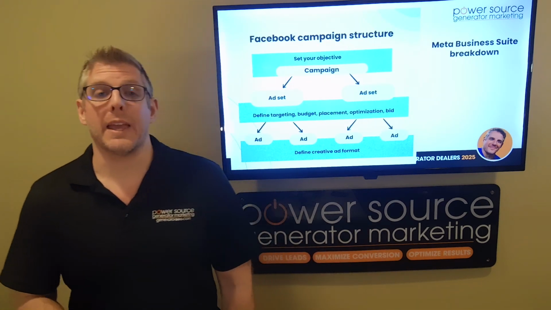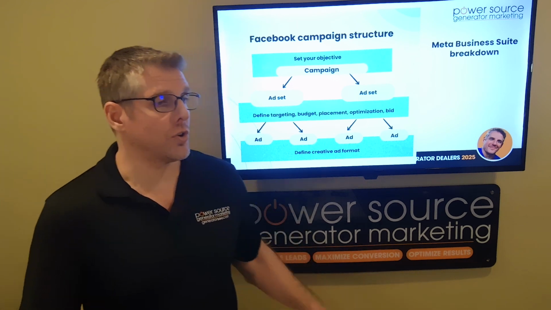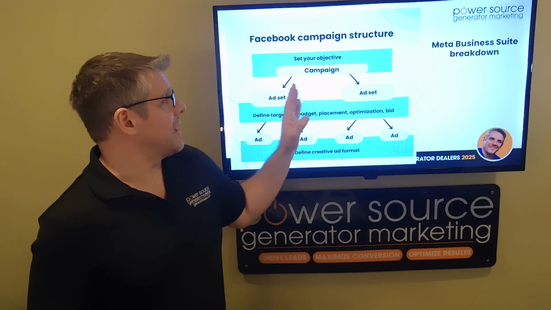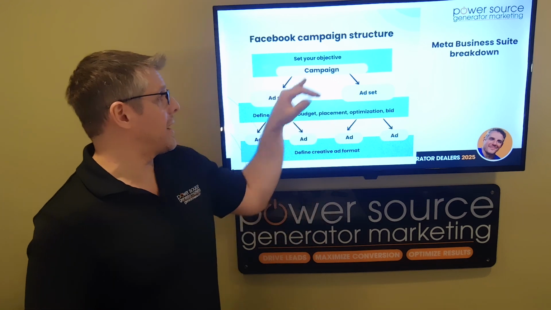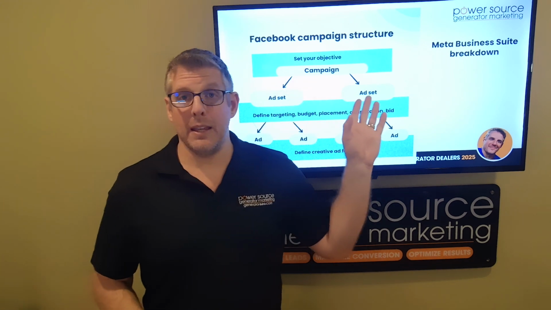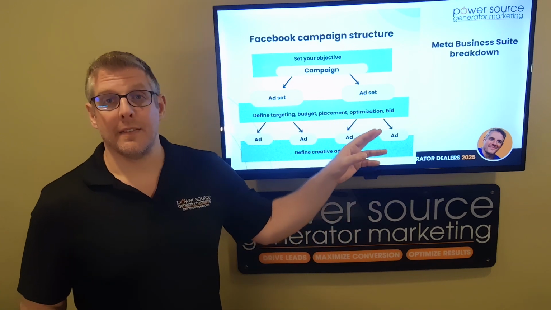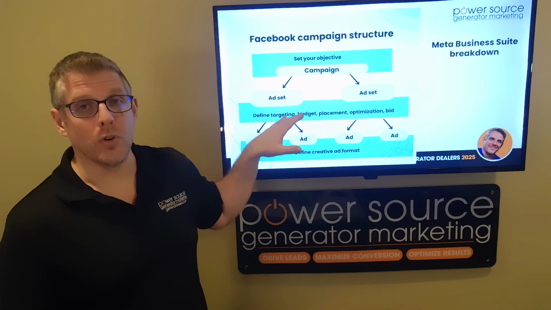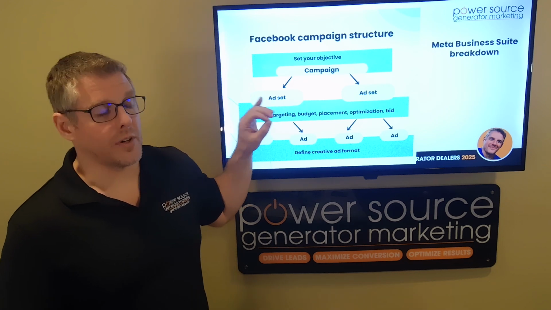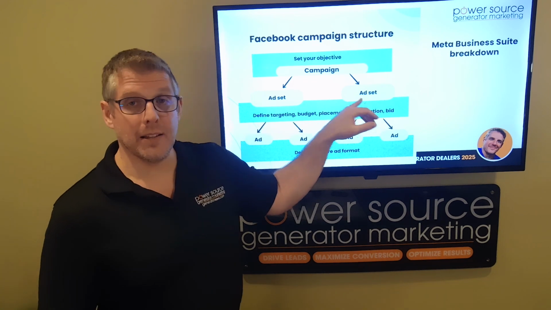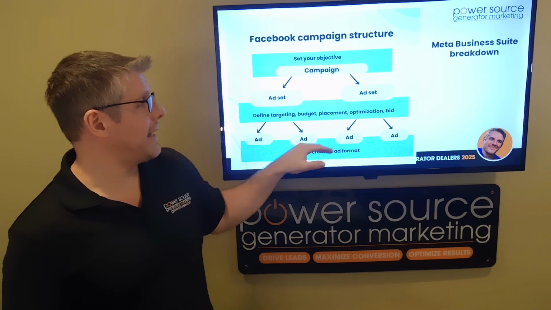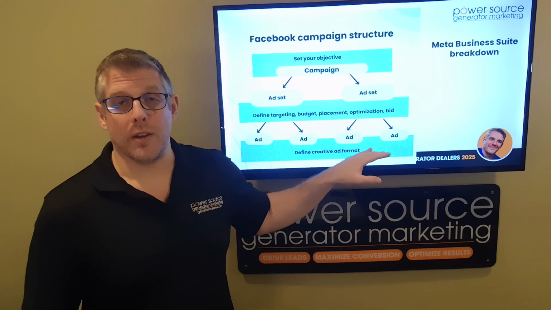So here's the Facebook campaign structure, just so you know and you can see how this is structured. You want to set your objective, which is for leads. You have your campaign. And then within the campaign are your ad sets. That's where you set your prospecting or your Google leads, generator leads or generator maintenance leads, installs maintenance. And then within installs, you have multiple ads within each one. So generator maintenance,